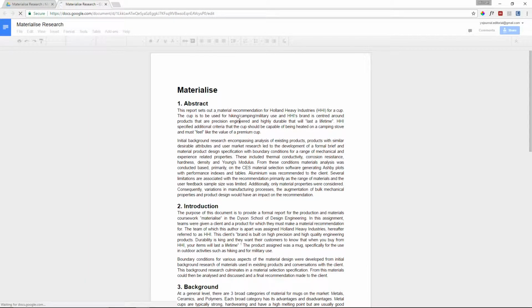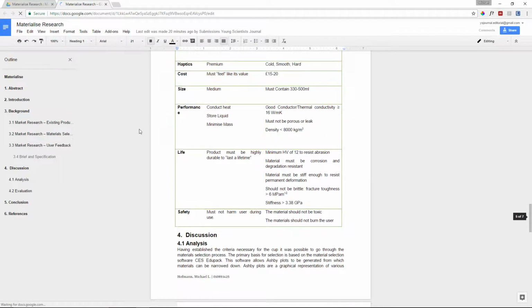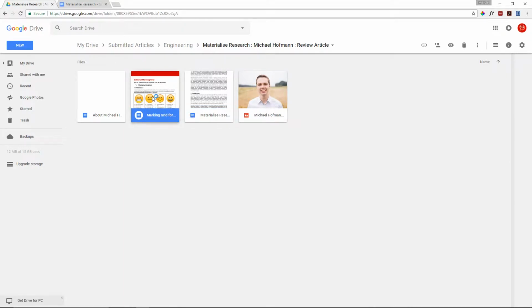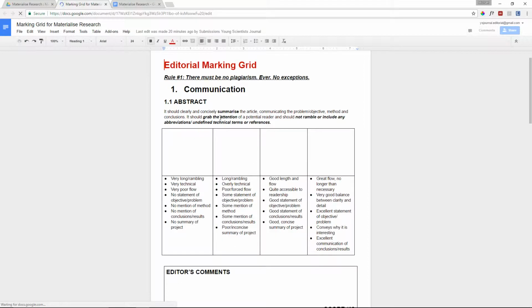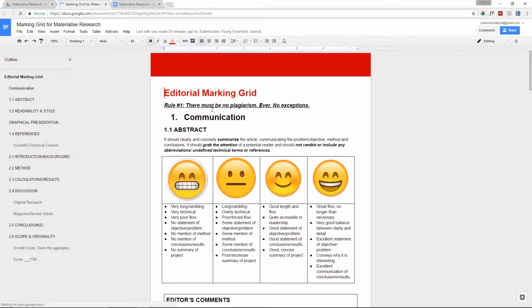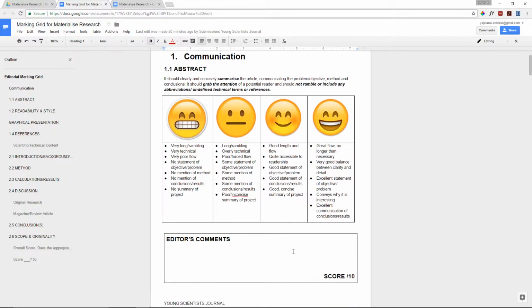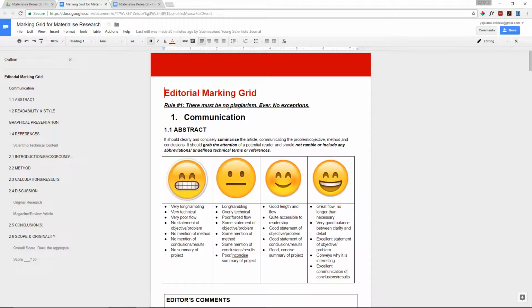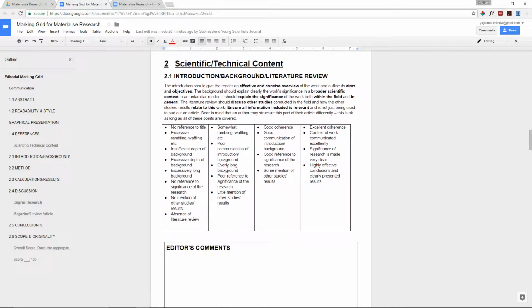So if I go ahead and open up this article, you can see that the article is in a Word document, really easy, and we have a marking rubric for this article. So all you have to do is go through each of the sections of the marking grid and give each section a score. So the marking rubric is divided into two core sections: communication and then the scientific and technical